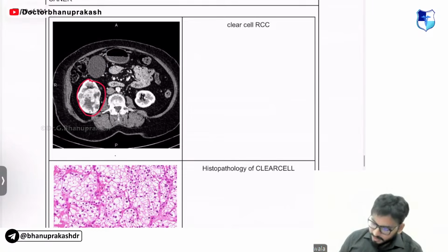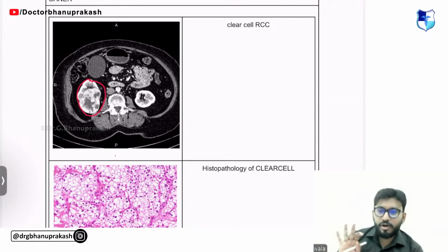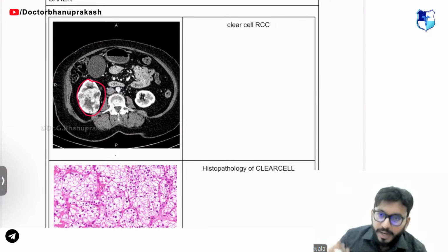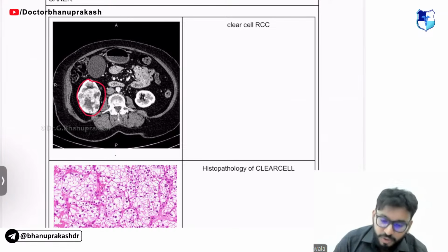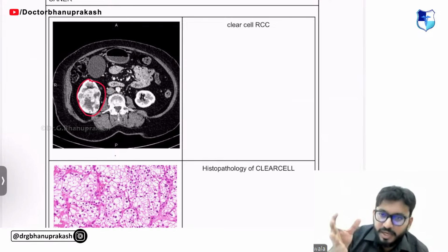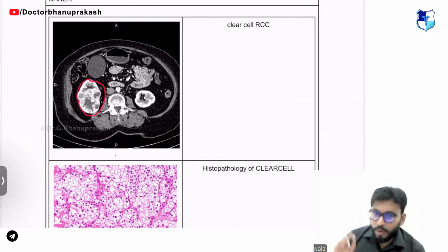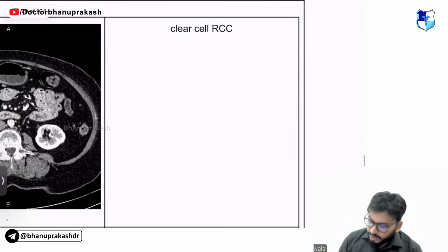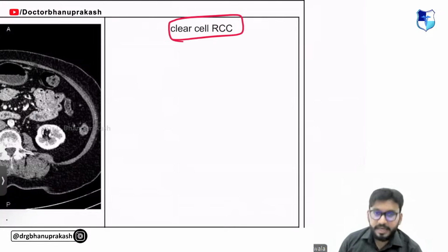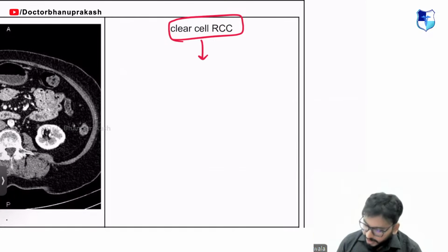Clear cell renal cell carcinoma. Like I said, there is a triad of renal cell carcinoma. The triad is an abdominal mass, abdominal pain radiating from loin to groin, and hematuria. If you see any of these three in the question stem, start thinking about renal cell carcinoma. Now, one important point I want to ask you: this clear cell type is the most common variety of renal cell carcinoma. It is associated with a syndrome. What is that syndrome known as? Come on, guys, what is that syndrome?